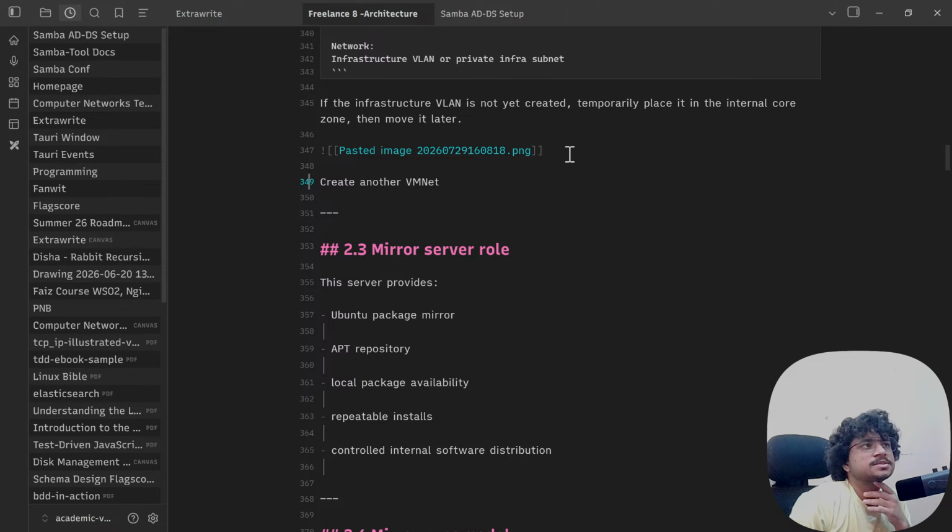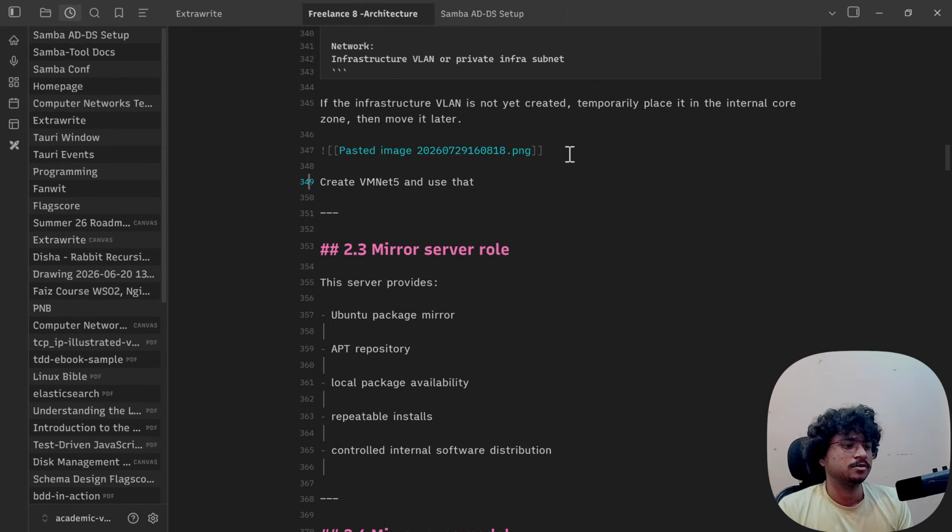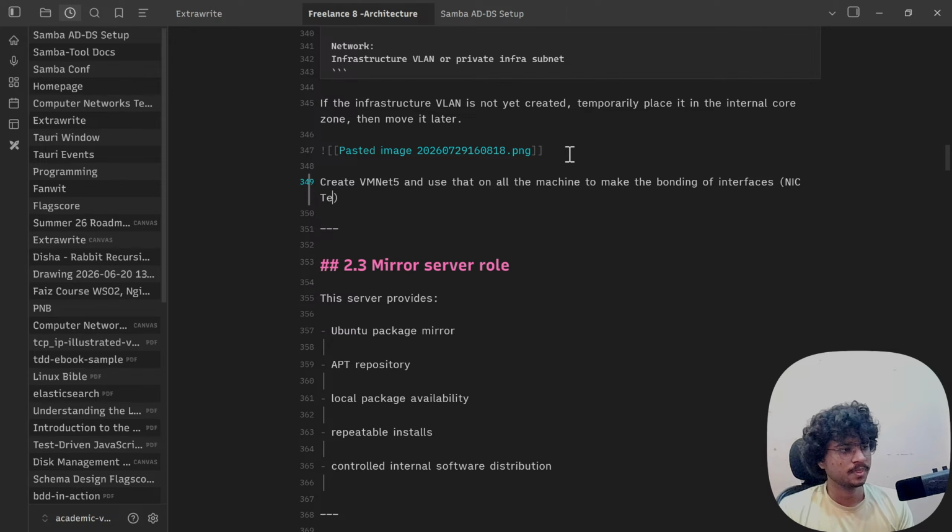I have my VMnets created till 2, 3, 4. Create another VMnet 5. Use that on all the machines to make the bonding of interfaces, nick teaming.